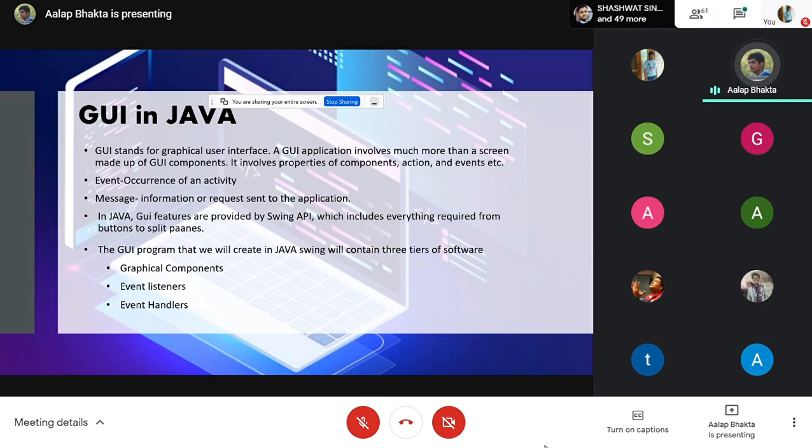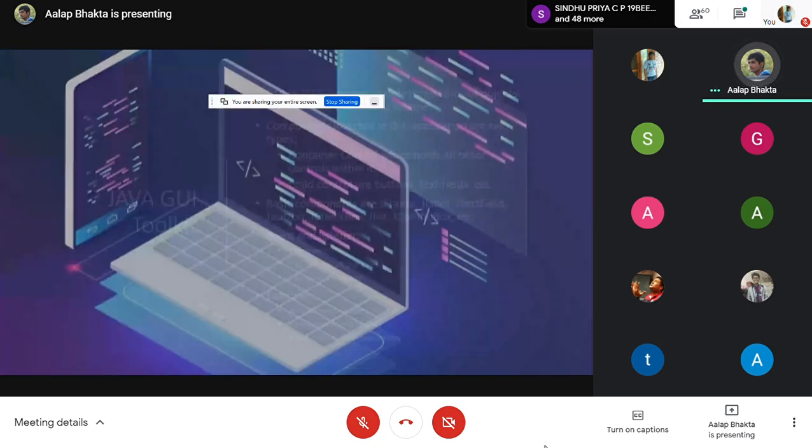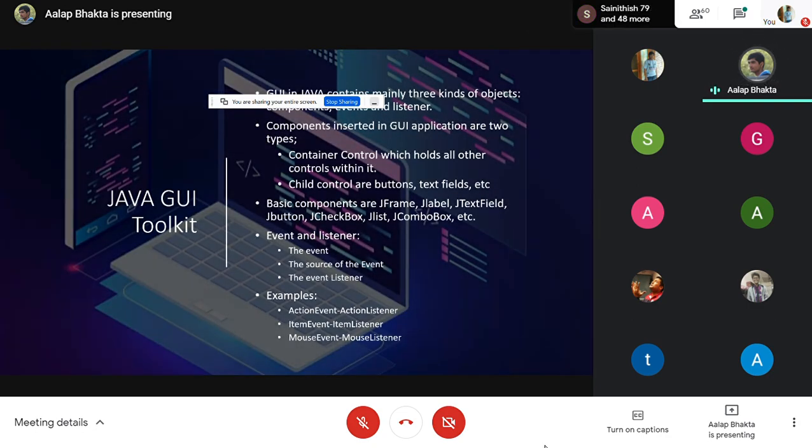Okay, so the operating system processes the message, then it will broadcast to all applications. Then each window will take whatever action is related to the event, done by the particular window.